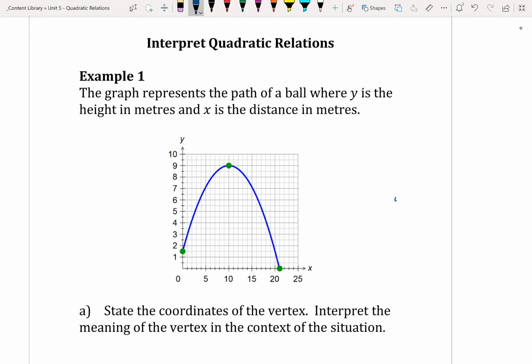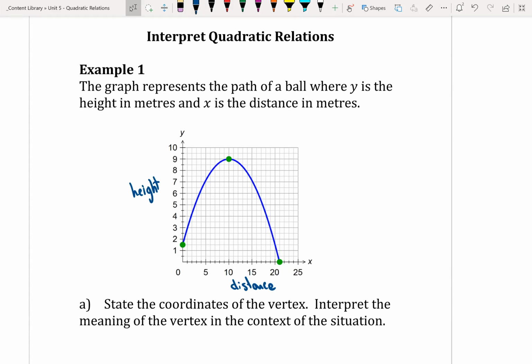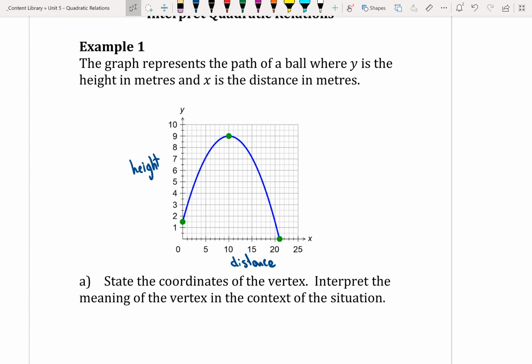So in example 1, we have the graph that represents the path of a ball where y is the height in meters and x is the distance in meters. So x is distance and y is height. So A, we want to state the coordinates of the vertex and interpret the meaning of the vertex in the context of the situation. So in order to find the vertex, the vertex is the highest